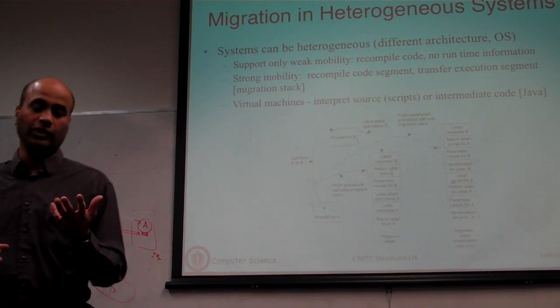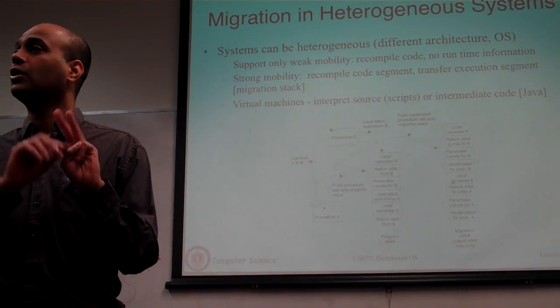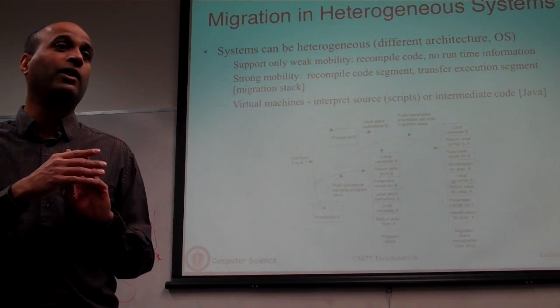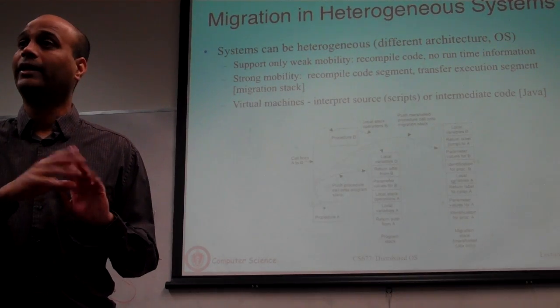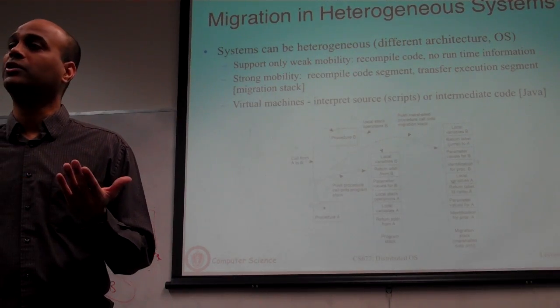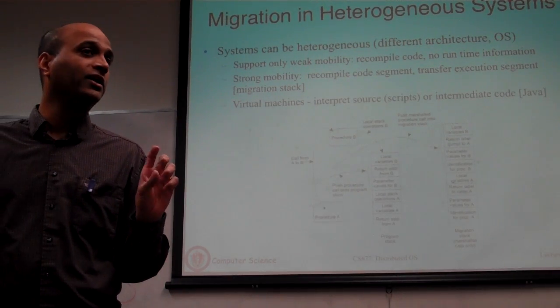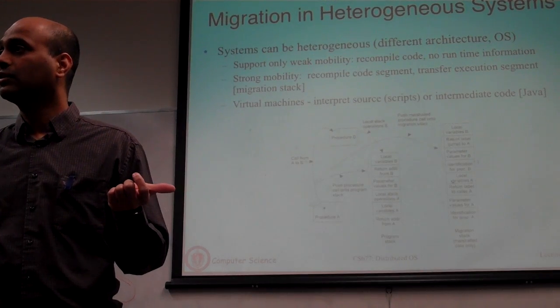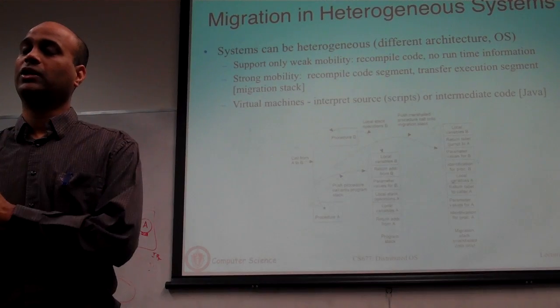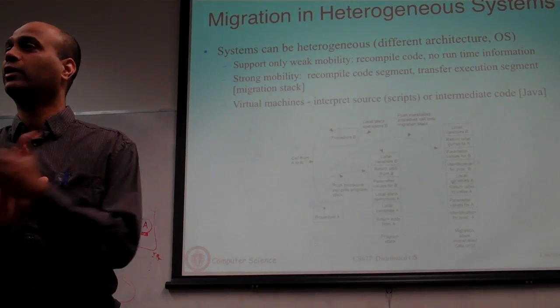If you think of a process as having three parts: a code segment that contains the code, and the stack and heap, the stack and heap are data. Data is bits. You can move the data over. You will have to deal with issues of whether the machine is big endian or little endian. People know what big endian and little endian mean, right? Whether your most significant bit you read